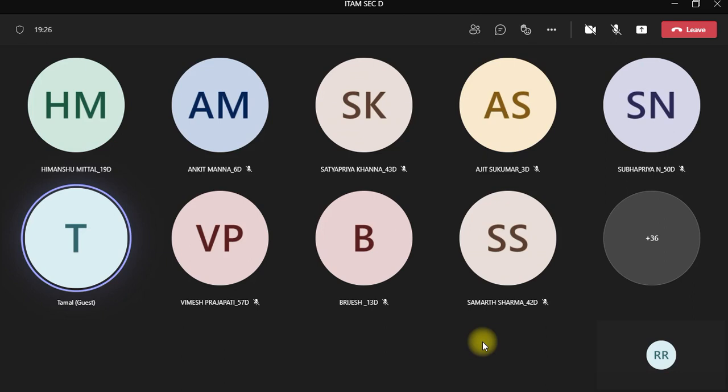So obviously, when they are procuring something, that will be stored, so inventory should be there. You must have some HR.